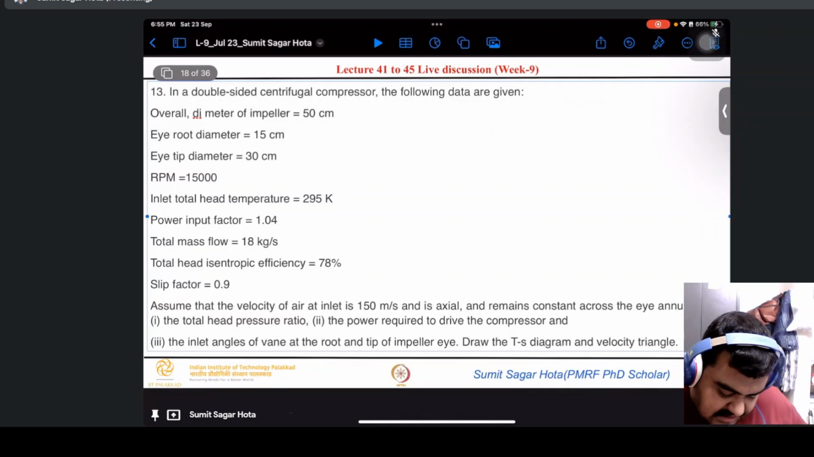In a double-sided centrifugal compressor, the following data are given. Overall diameter,